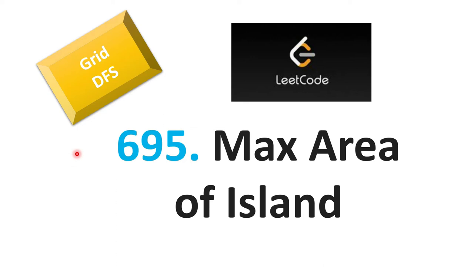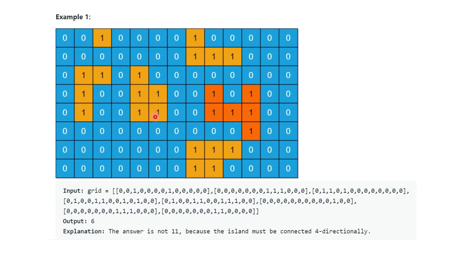Today in this Grid DFS series of videos, we will discuss our fourth problem, that is 695, max area of island. So the problem statement is saying you will be given one grid of 0 and 1. 1 means land and 0 means water. So if you check here, 1 is denoted as a different color and that is land, and 0 means water. Now if a cell which is also one is connected vertically or horizontally, then they are all connected and they